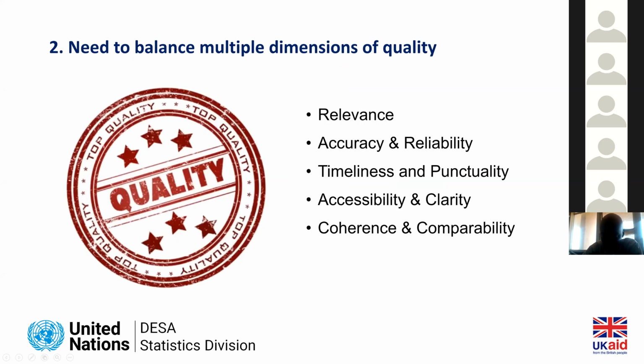I think all of us working in official statistics rightly care a lot about data quality, but if we're not careful, that can lead to a perfectionist tendency and unwillingness to publish estimates unless they're as good as they possibly can be. I think in these circumstances, it's really important to remember that accuracy and reliability is just one dimension of quality. We also need to consider other aspects of quality, such as relevance and timeliness and punctuality, and balance